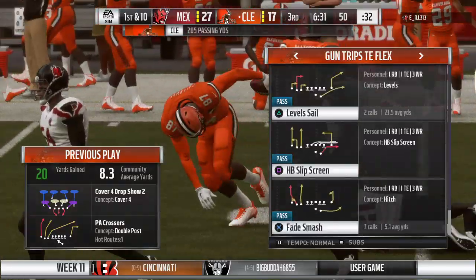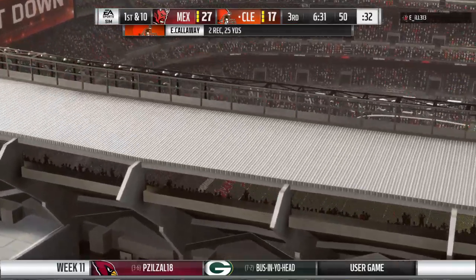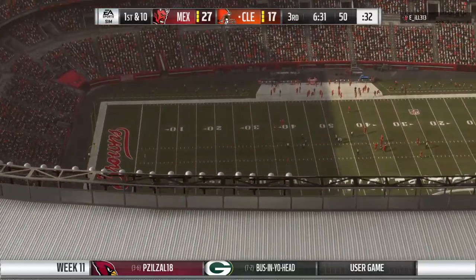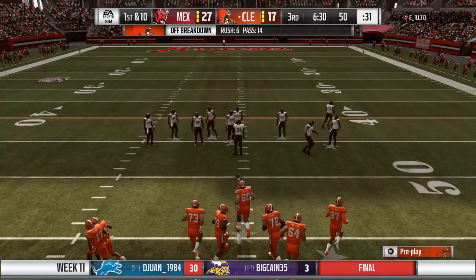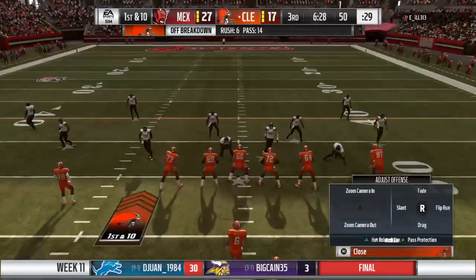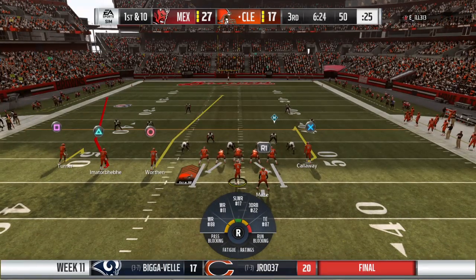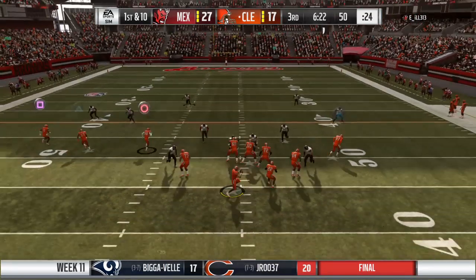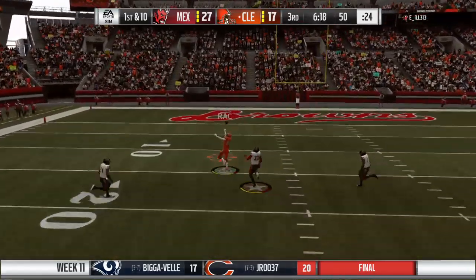It is hard in zone coverage to stop a curl route because when they see it, they just try and find the open spot and sit down. Yeah, we always talk about finding the soft spot in the zone. What's the key to doing that? How do you do it? You have to read what the coverage is. Is it 2 deep? Is it 3 deep? Because then you know where the linebackers are going to drop, what spots on the field they naturally get to, and you find that open space, and then you're in sync with your quarterback. He should be reading the...